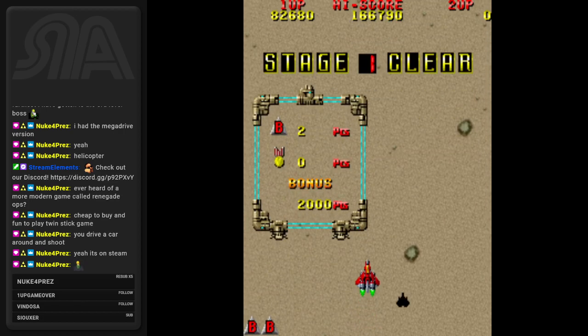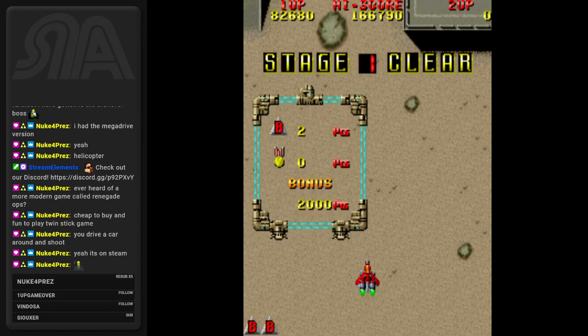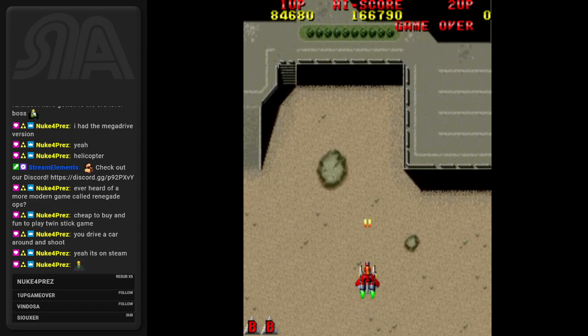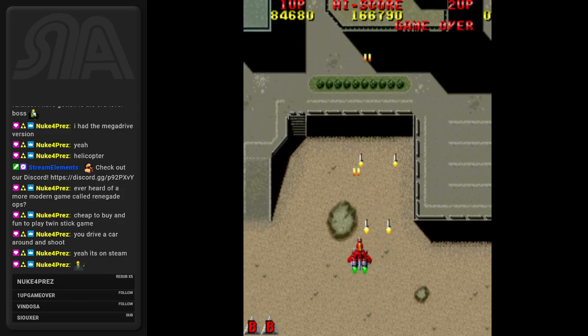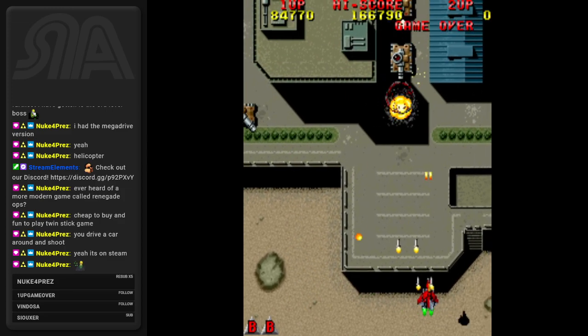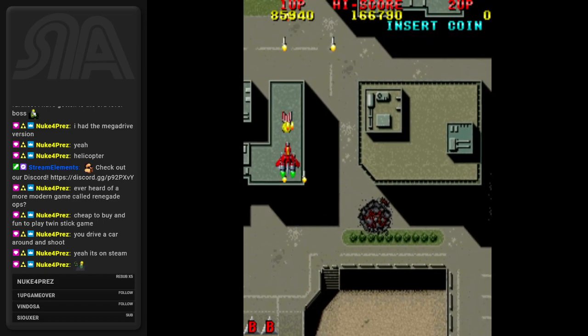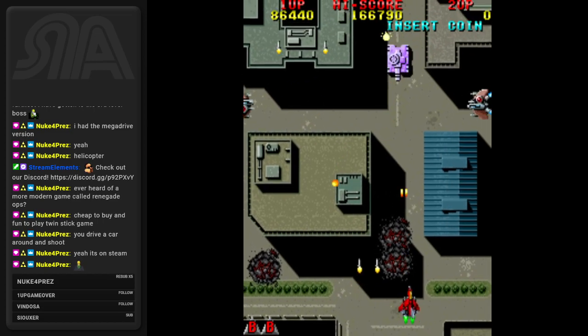I'm not sure that was so fast. But at least that was all I wanted to be able to do, was just kill that first boss. But going by that high score up there, it looks like I've only ever either made it to the second boss or...